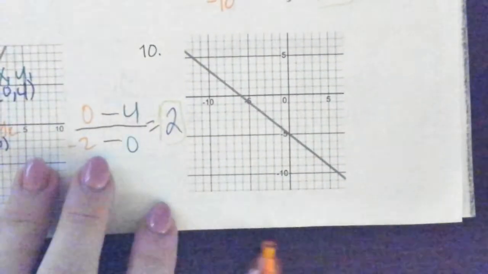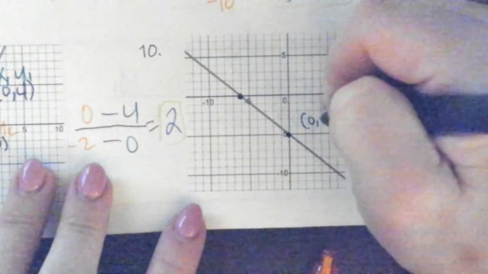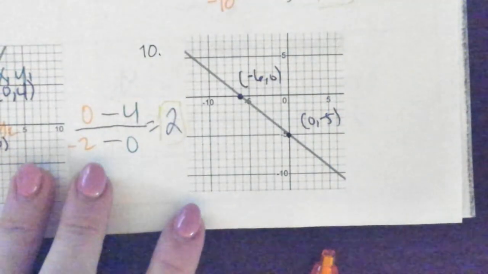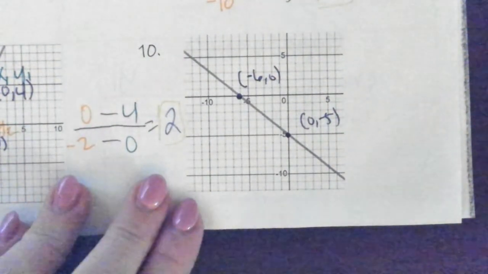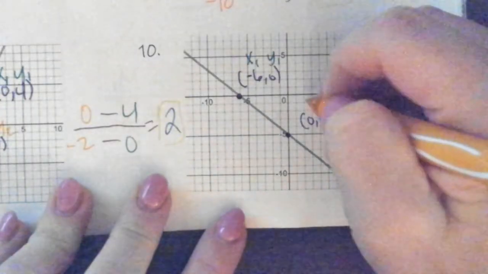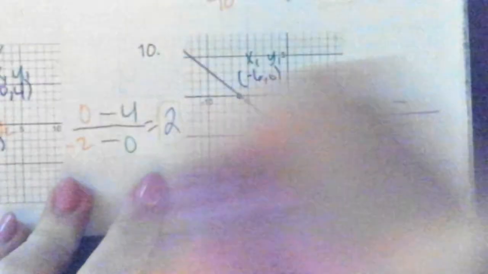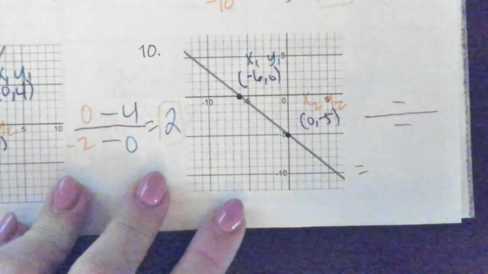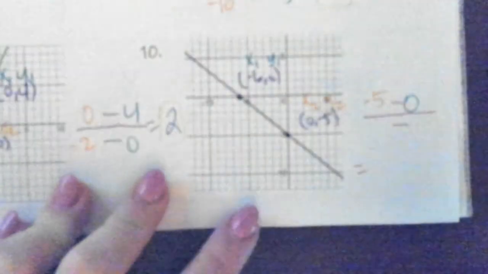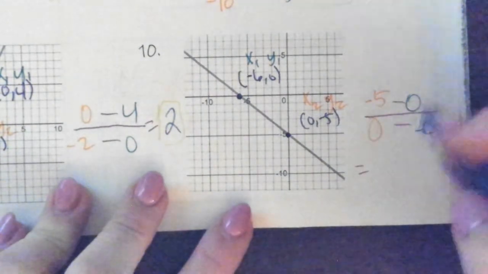So again here, pick 2 points. I'm going to pick my clearly defined intercepts. x1, y1, same thing over and over, x2, y2. We have -5 minus 0, we have 0 minus -6. When I do that math, that's -5